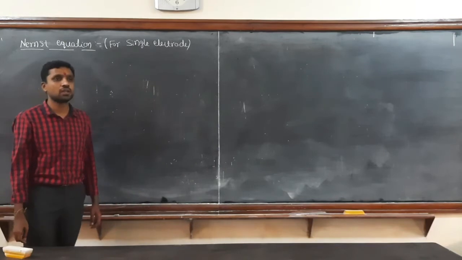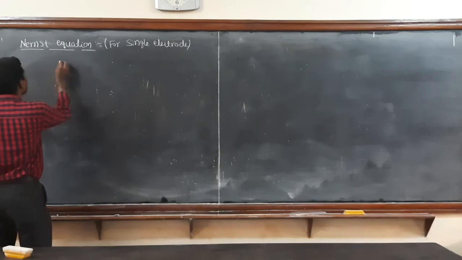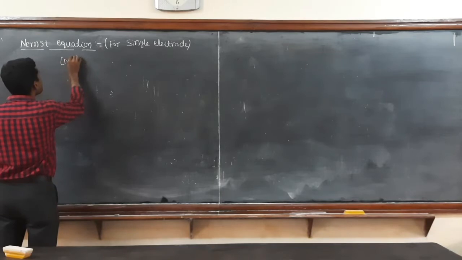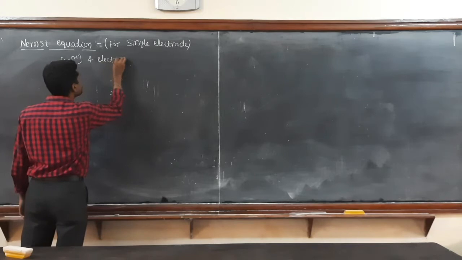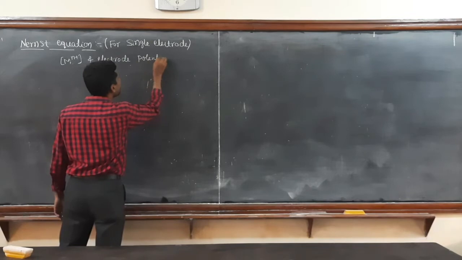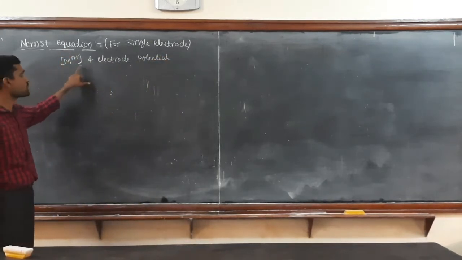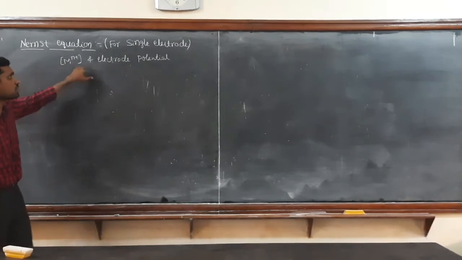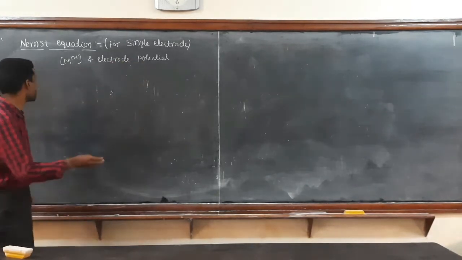This Nernst equation gives the quantitative relationship between the concentration of ions and the electrode potential. That means as the concentration of an ion changes, the electrode potential of the respective component or element also changes. So in general,